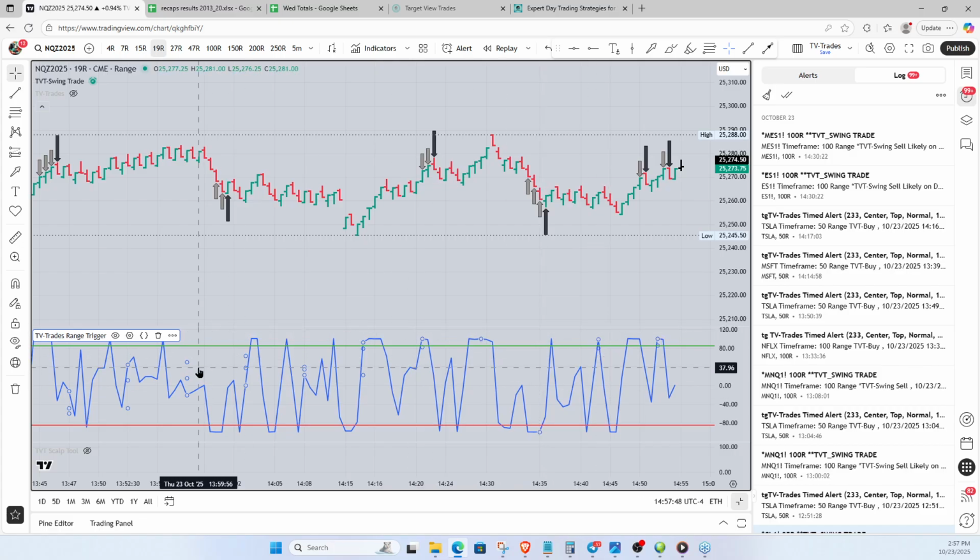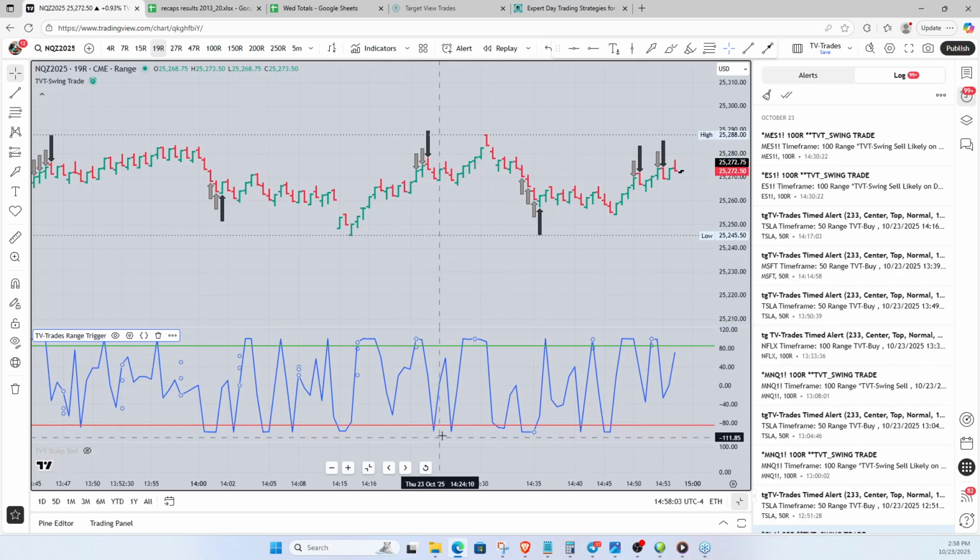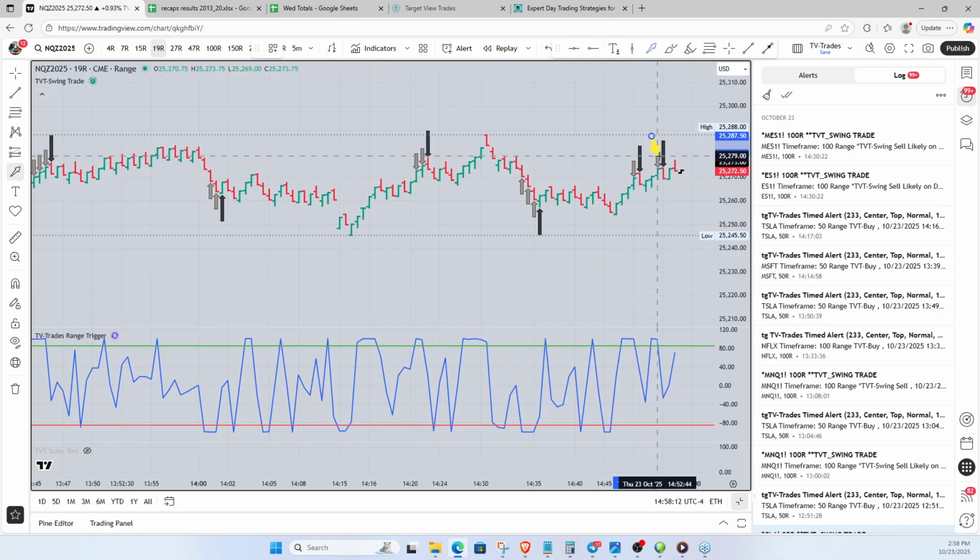Okay, back in here. Now, inside the range trigger, what did you want to see inside the range trigger? Do you enjoy the basic TV trades? No, it really doesn't have anything to do with it. Nope. You can put the swing on all by itself. You don't need any of this stuff down here, because it really doesn't have anything to do with it. Okay, let me put the red arrow on this before I forget that I did this. We did just stop out right there.